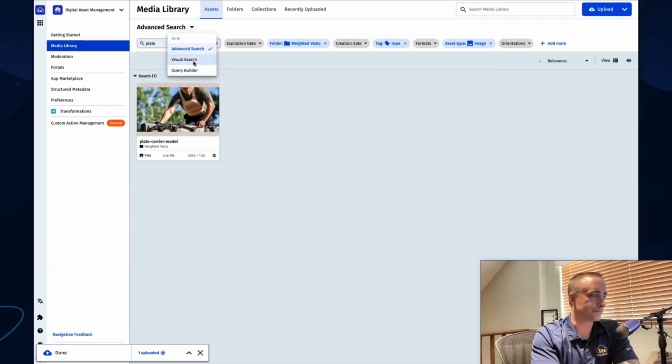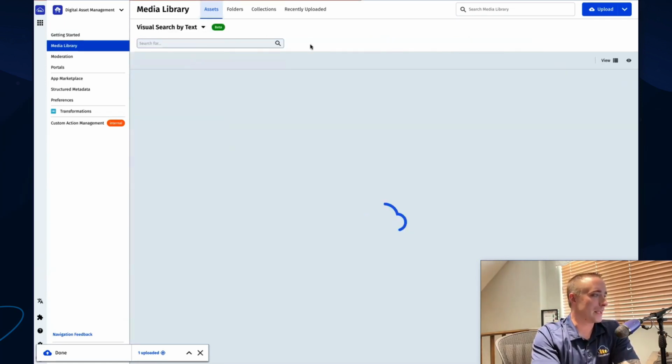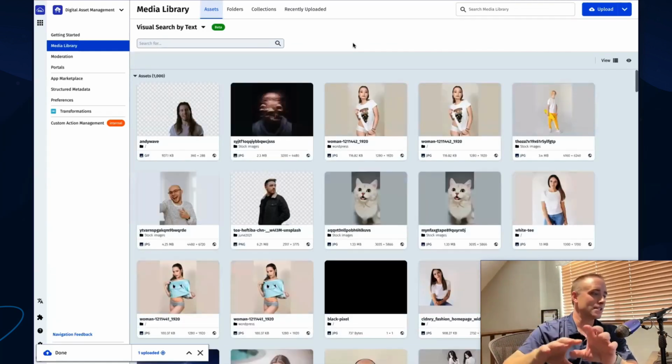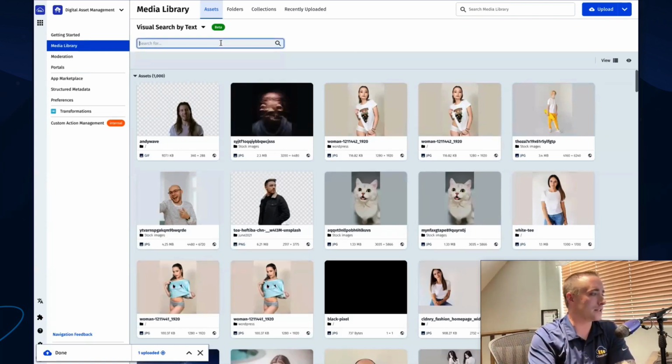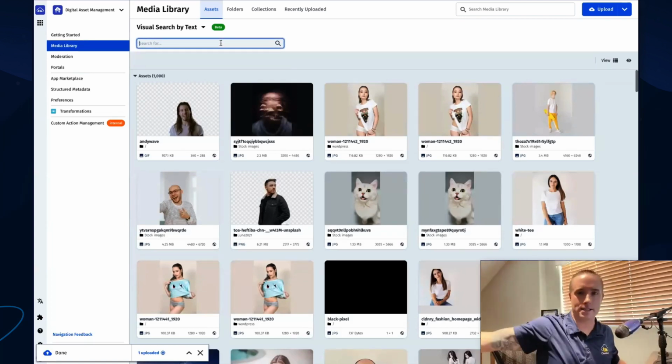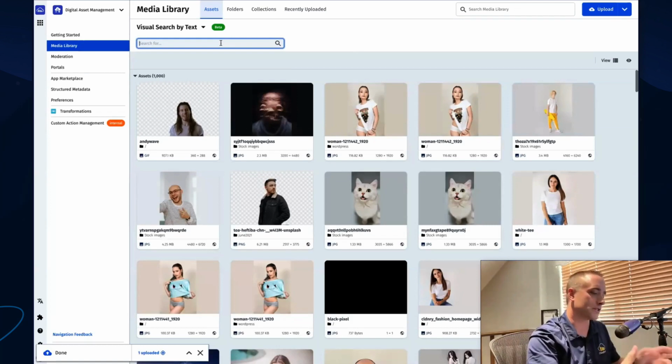One that's in beta that I will show you today, that's called visual search. And this is using an extremely powerful neural network of knowledge. And this is where I can go ahead and search across all of my assets and type in certain types of terms to get what I want out of it. So if I type in the word cat,